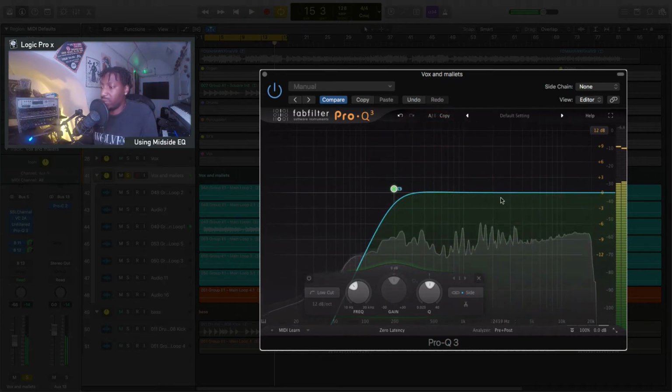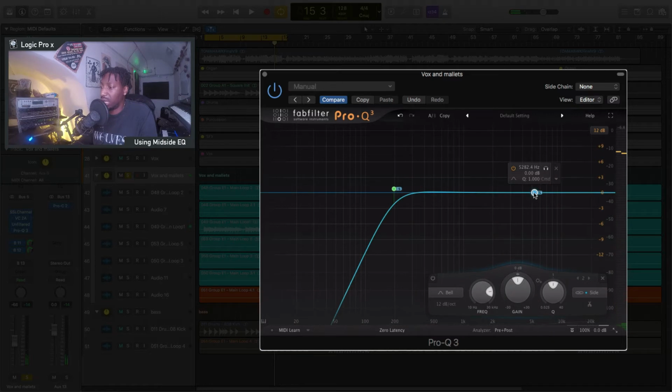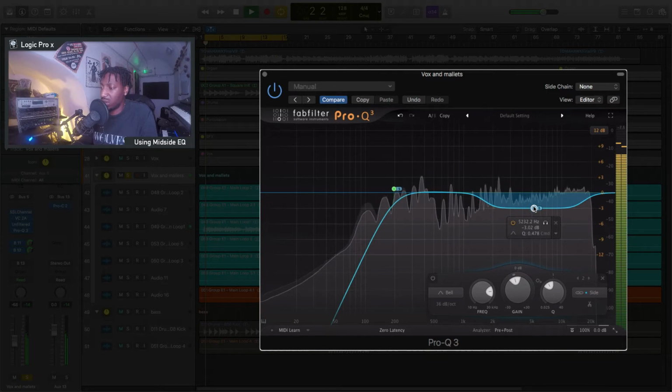And then what I could also do is create another bell EQ. I'm going to change the cut on it so I can make it a little bit wider and steeper. I'm going to bring it down around 3 dB. And if I bypass this,